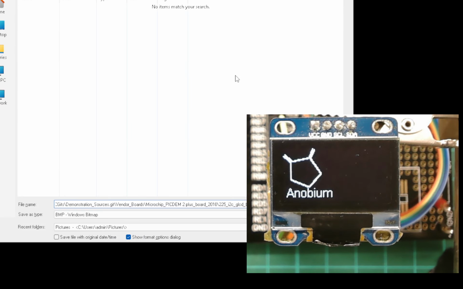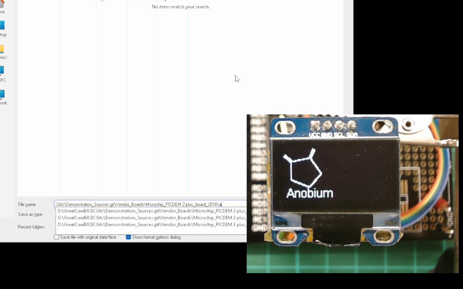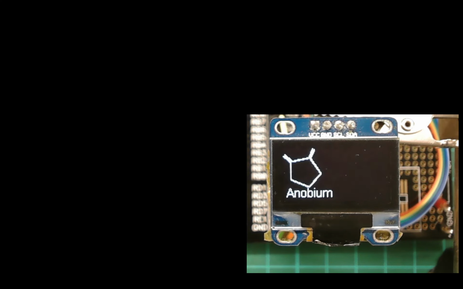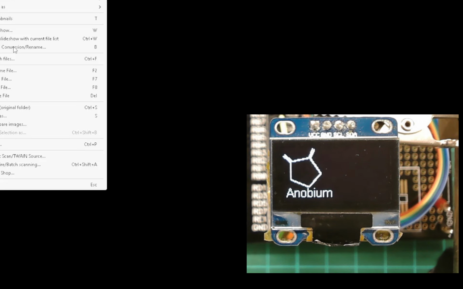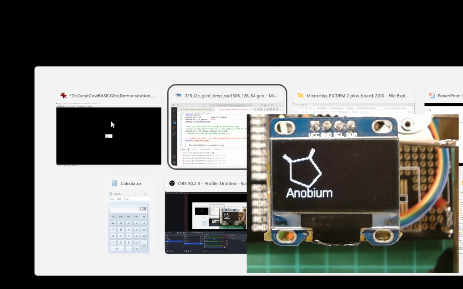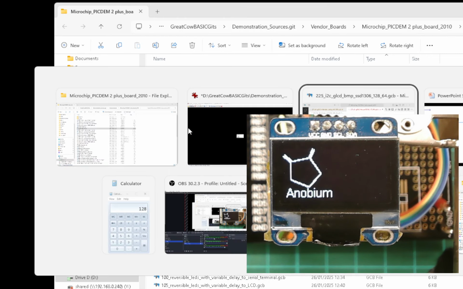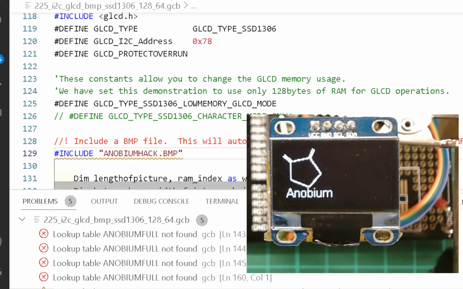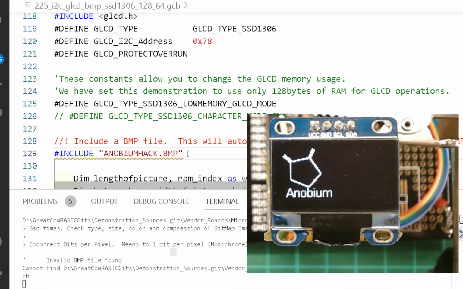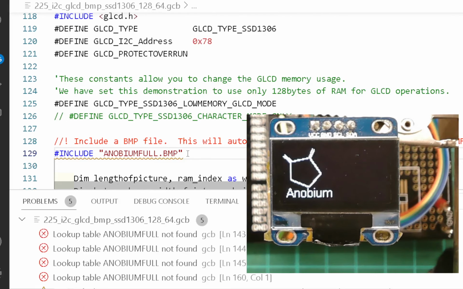Here's the file name. Anobium. Hopefully that saved it as a BMP. I don't think it has, that's the problem. Maybe it has, we'll have a look. No, that's not a BMP. Hence that's what we won't compile. I'll try once more. No, it's not a BMP. I haven't got time for that. So